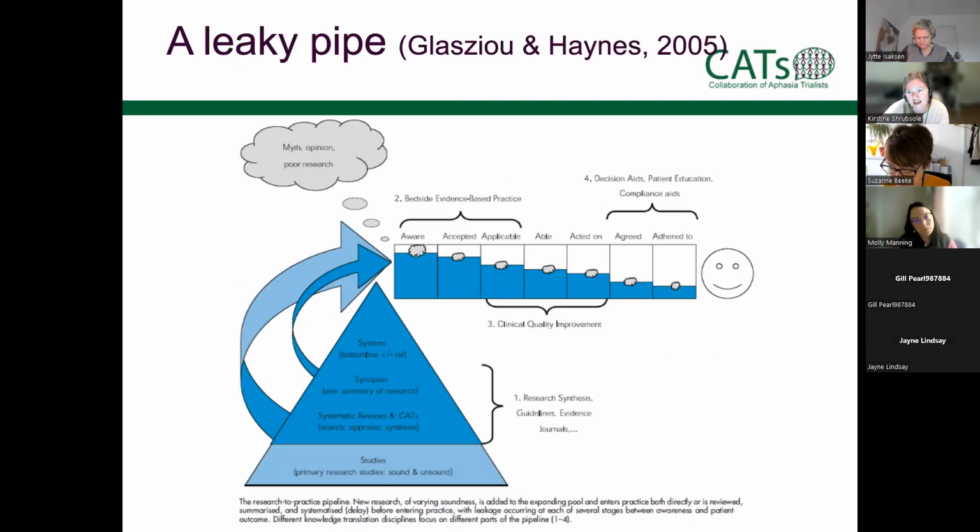figure, really just looking at that leaky pipe. So the research to practice pipeline. Just all the time there's new evidence coming out, particularly in our field. I feel like it's really hard to keep up, and I'm full-time in research. So I think for clinicians, there's lots of opportunities along this pipeline, a pathway at the top, that you can see this knowledge in blue is leaking, and lots of opportunities that they might miss information. So just remembering that, I think is really helpful, and we can try our best to stop some of that from happening.